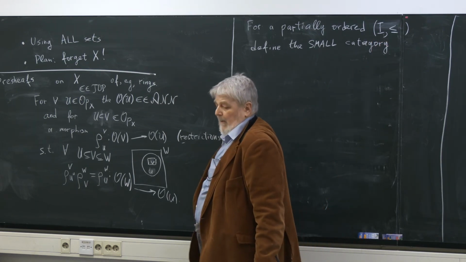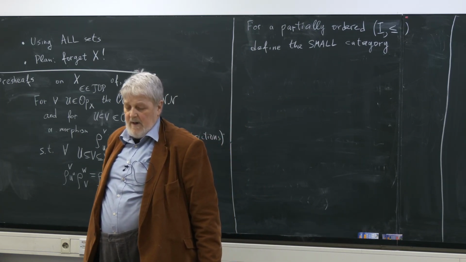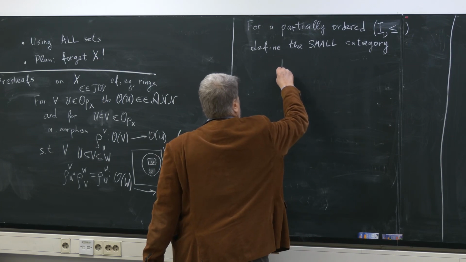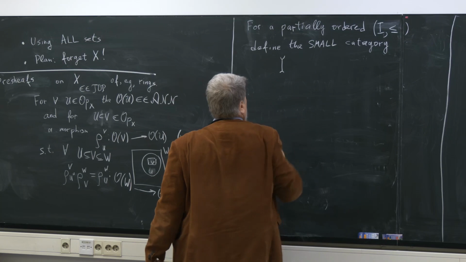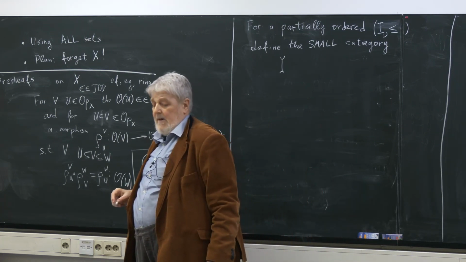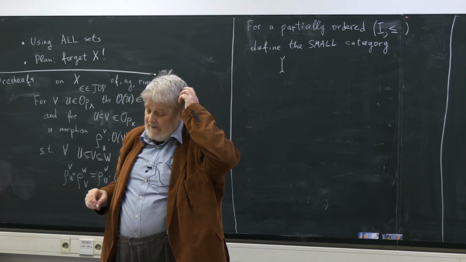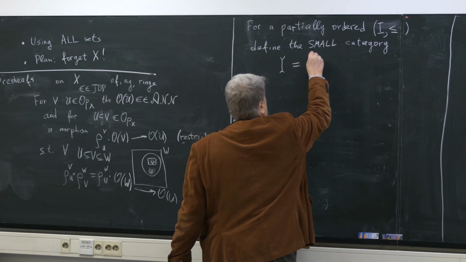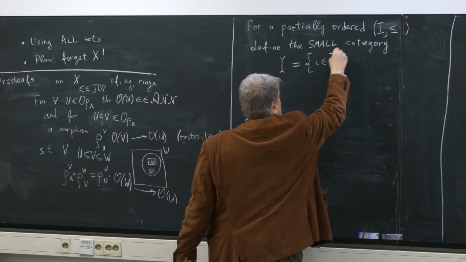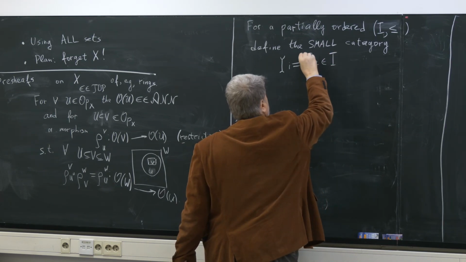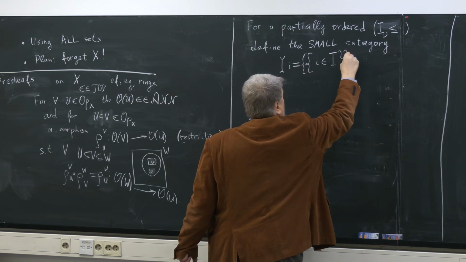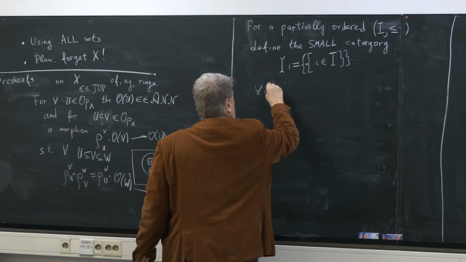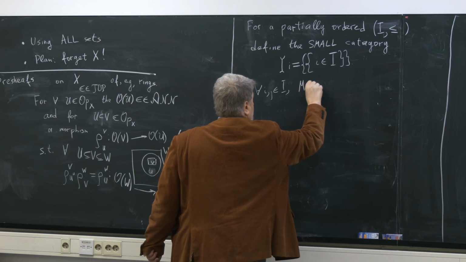The category is small when its objects constitute a set. So the small category I try to use the calligraphic font, and I write nothing else here because the partial order is a part of the category. So its objects are the elements of the set. However, we use the duplicated notations, and for any objects or elements,